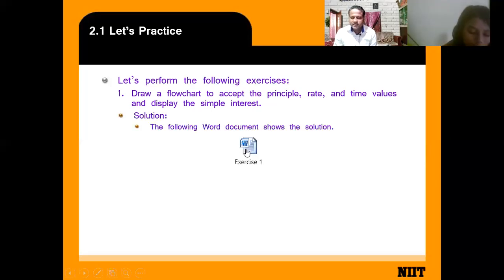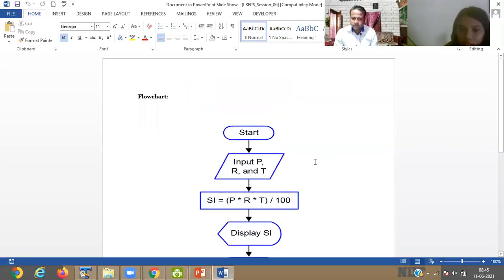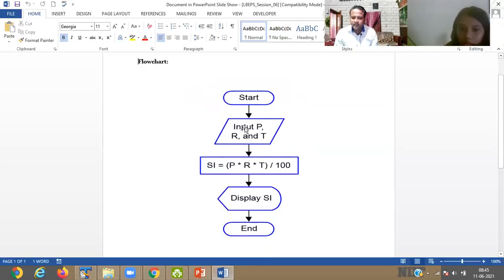Okay, so this is the answer. Start, input P, R, and T. First, take the principal, rate, and time.